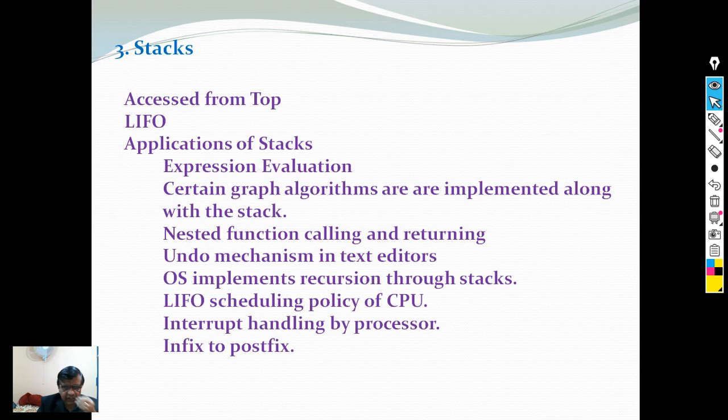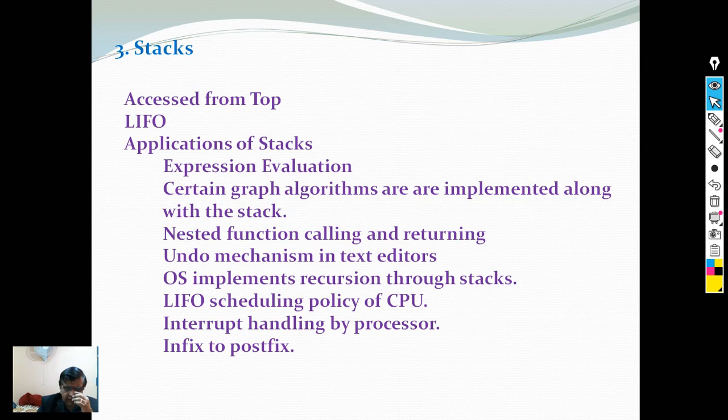Right. Stacks have found huge application. A stack is accessed from the top. It is a special kind of linear data structure. It has a LIFO philosophy, last in first out. An example in our mundane life is the arrangement of plates by a waiter in a restaurant. The plate which is at the top will go first. The plate which has come first will be waiting as the last one in the heap of plates.